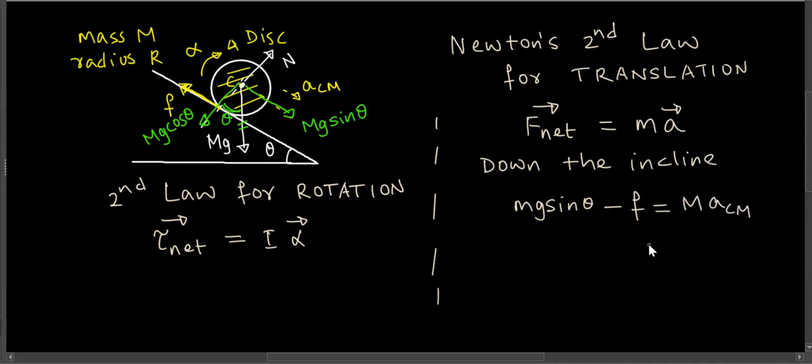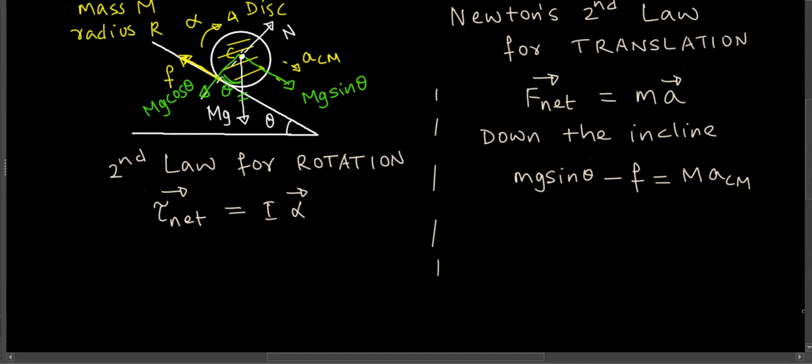You're okay? Now, if I look at Newton's second law for rotations, you have to pretend that you're an observer moving with the center of mass, right? So you transported yourself as a tiny observer moving along with the center of mass. You would say that this disk is only rotating, and the friction force is trying to cause that rotation. So about the center of mass axis, the torque is R into F.